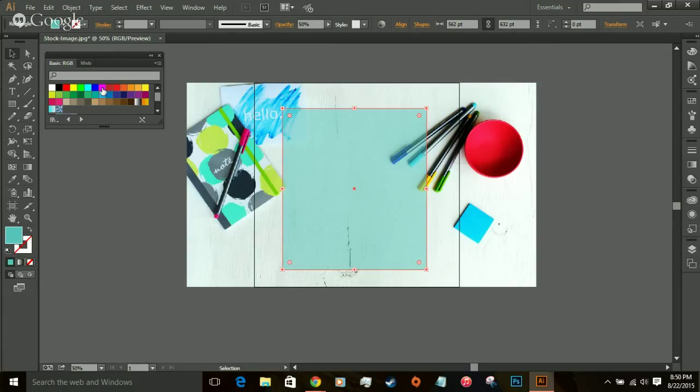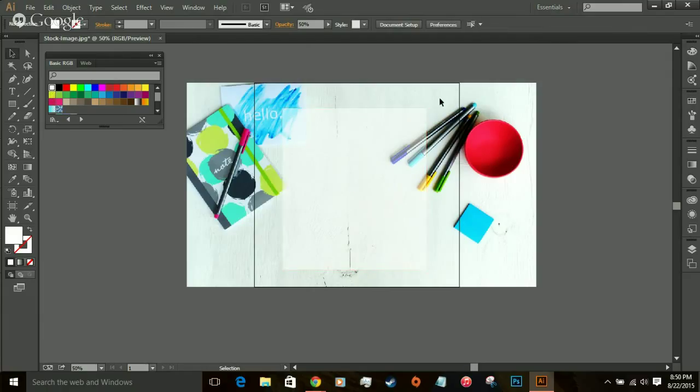Say I still wanted to change the color. I could make it pink. I could make it orange. I actually do mine in white. If you ever see mine, they're just in white like this. And if you want to add an outline, you can also do that. You'll bring up the swatches again. You can also switch over here. So if you just want to use the same swatch menu,